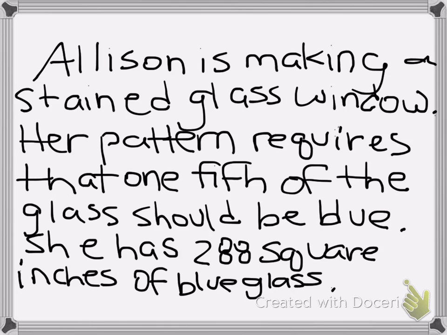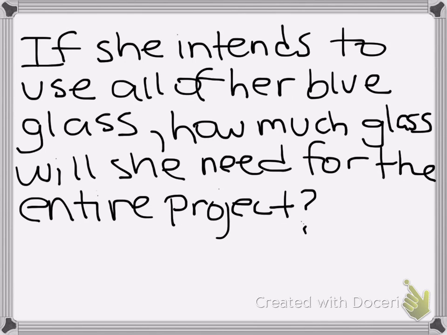The last problem here is a word problem. We want to come up with an equation, and then we want to solve. So Allison is making a stained glass window. Her pattern requires that 1/5 of the glass should be blue. She has 288 square inches of blue glass. So if she intends to use all of her blue glass, how much glass will she need for the entire project? So if we go back,